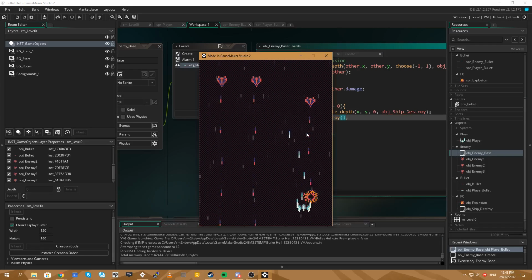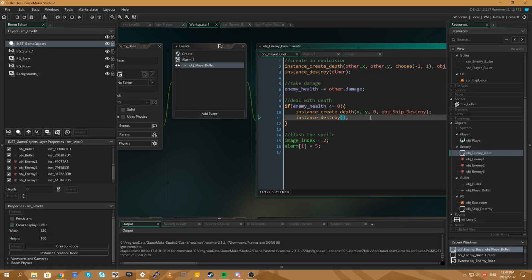They leave behind this sort of exploded pattern. Everything changes. Now, the one thing I don't like is the ship sort of just disappears and then the effect plays. I want them to sort of take damage and then go away. So what I think I'll do... let me have a think about this. 2 seconds.